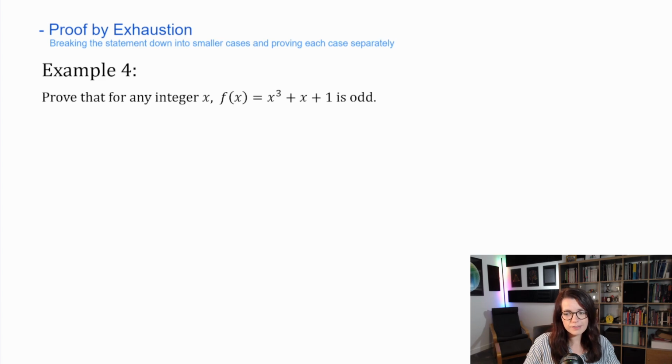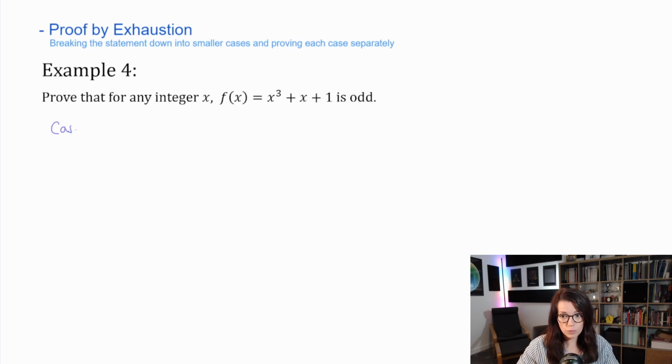Example 4: prove that for any integer x, f of x, which is x cubed plus x plus 1, is odd. Now, in this case, we're not given specific values of x that we need to test or prove. We're just asked to prove that it's true for any integer x. You can still do a proof by exhaustion here, though, because you can break the statement down into two cases